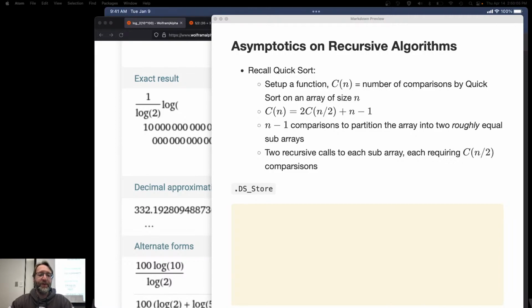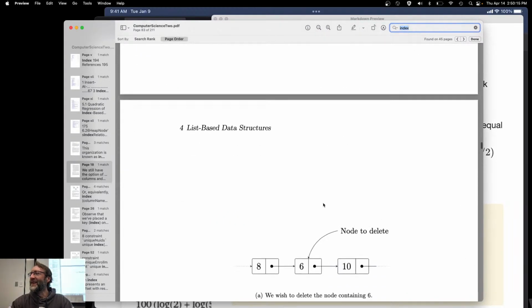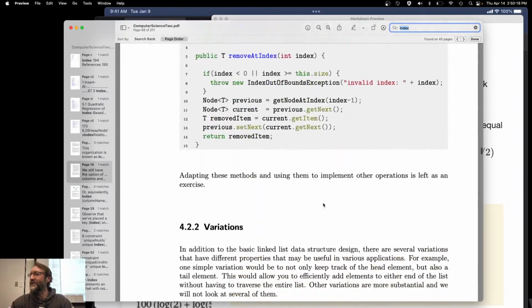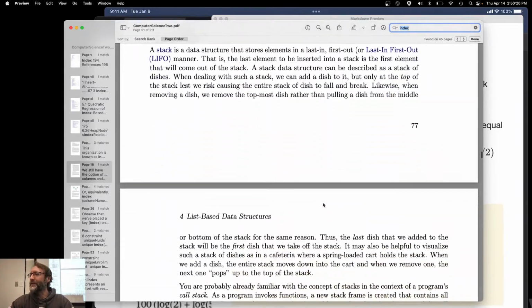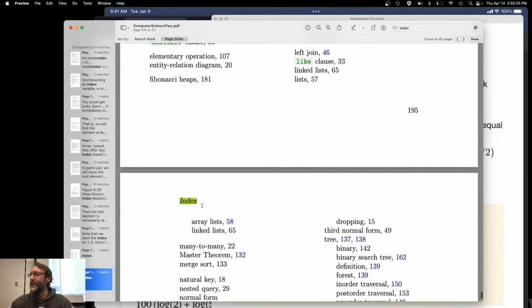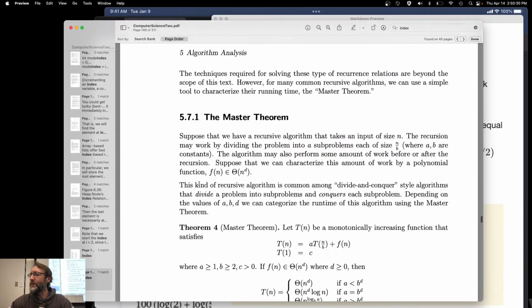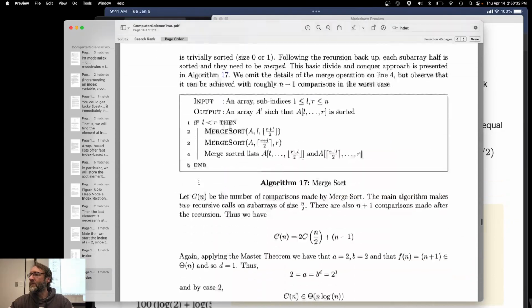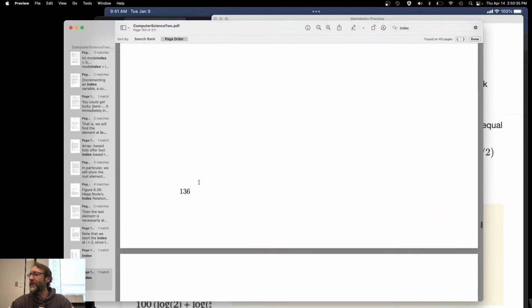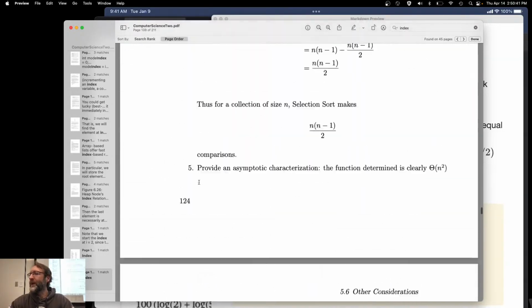Has anybody used the Computer Science 2 textbook at all? The free one that I've been posting? Is it a textbook? Well, I wrote it. That's why it's free. Well, wait, I wrote it with an index. Binary search, where are you? Nah, darn it. Okay. It was somewhere in here. Anyway,